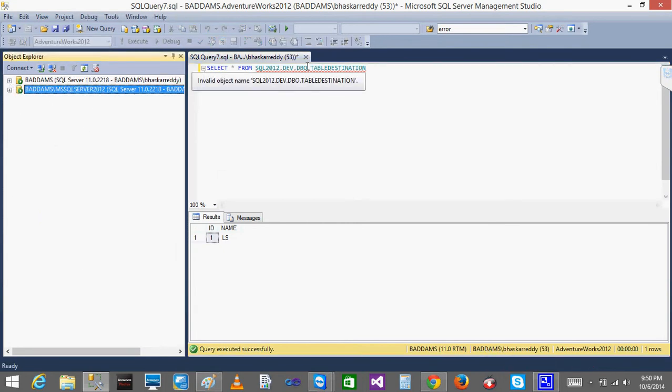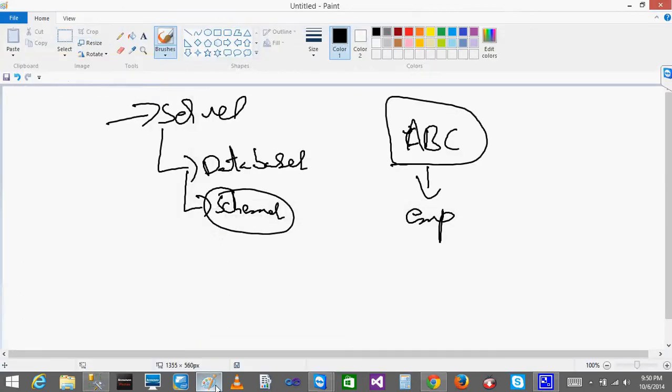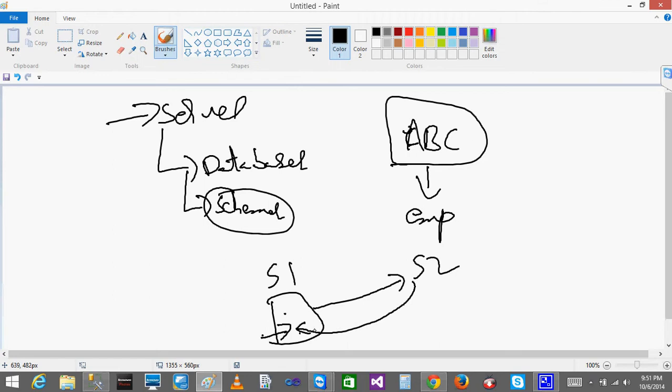So how to connect to the different server? Let's say I am having server 1, I am having server 2. If I want to run a query in server 1, which wants to access some database or table in the server 2, then what I need to do? First, on the server 1, under the server objects, there will be a tab called linked server. Under the linked server, you will provide this server details and provide the user access on the server 1. Then you will give some name to that, and use that name to access this server. That's it. Did you get my point?